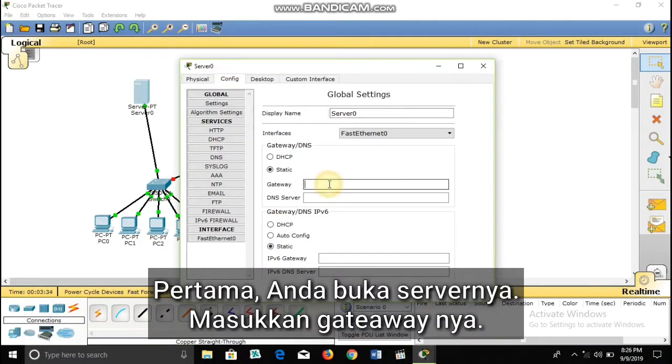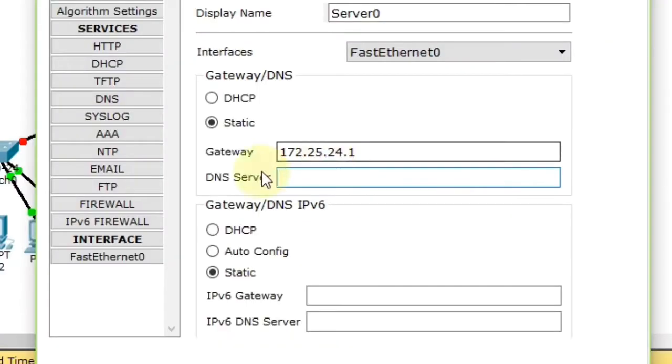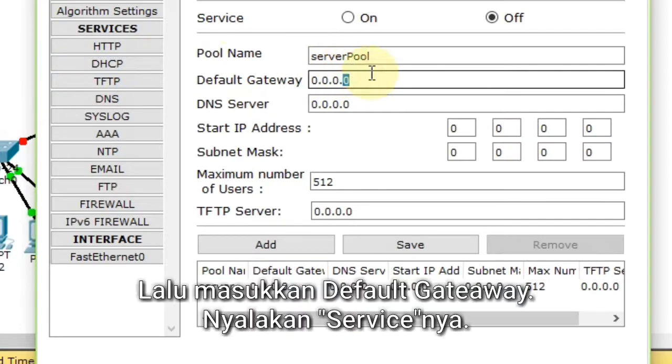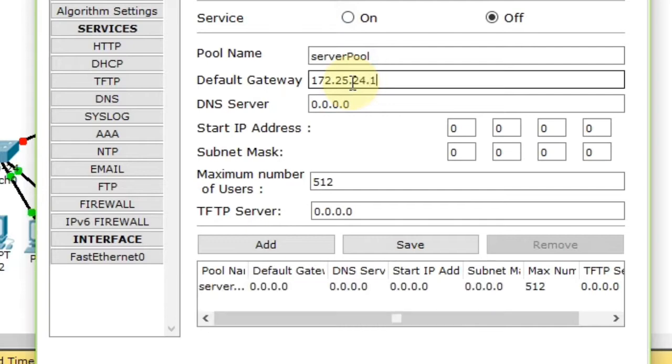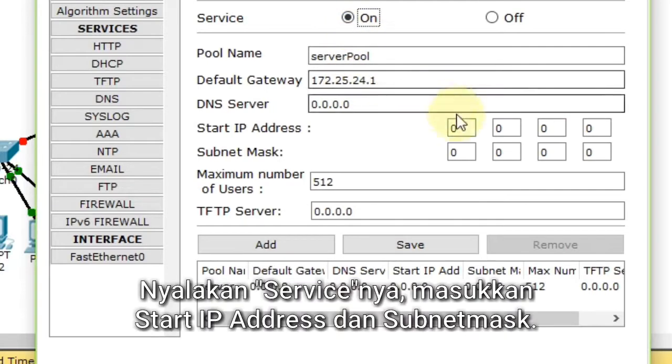First, you open the server, input the gateway, and then input the default gateway. Turn on the service. Input store IP address